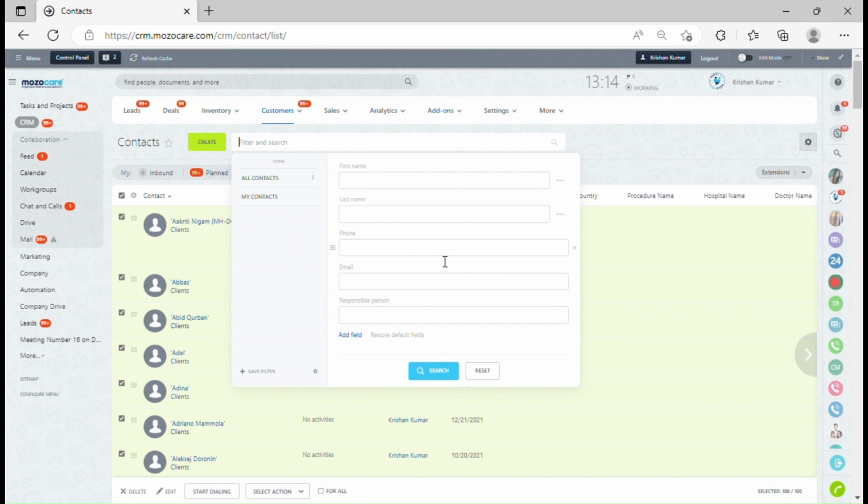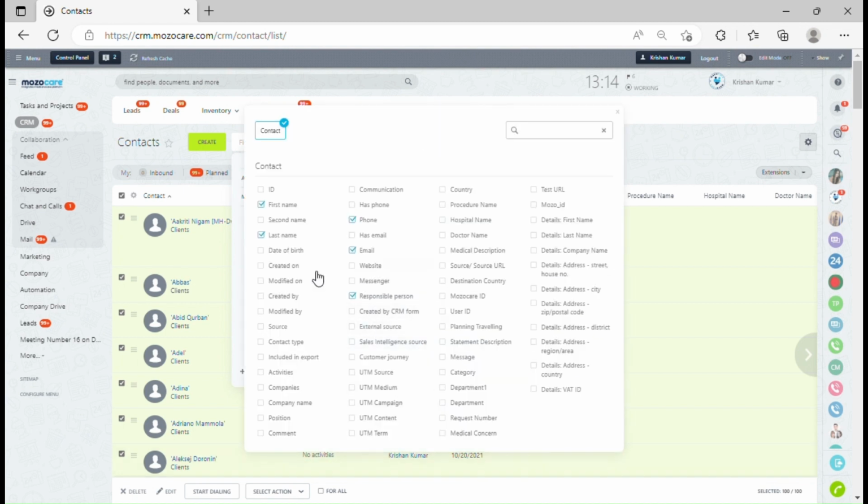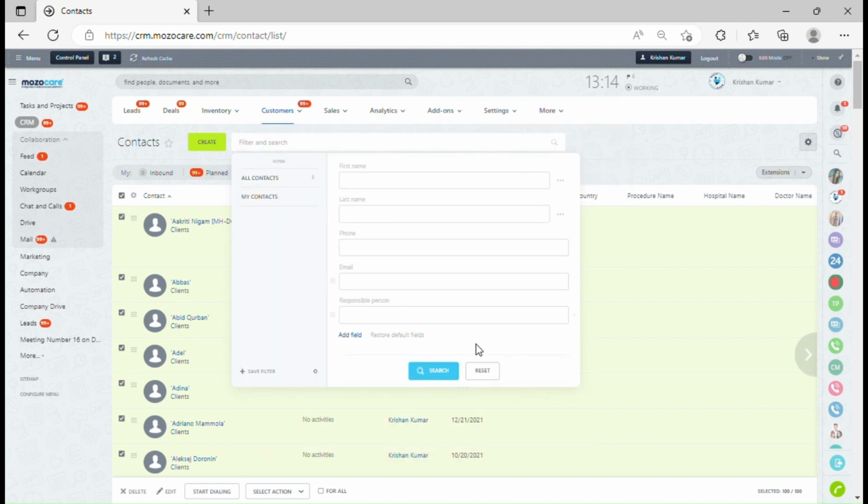That means the clients created this month, or the responsible one, or through the emails, or through the phone numbers, and so on. You can also add various other fields. You can use different attributes to filter your contact list, and thereafter once you apply it,